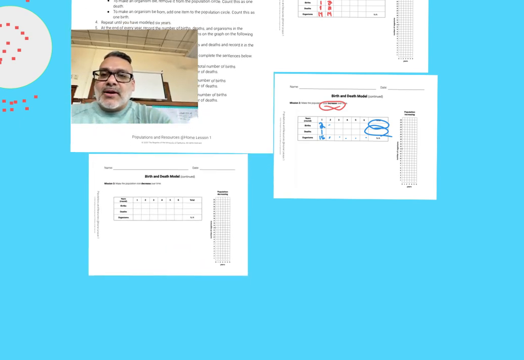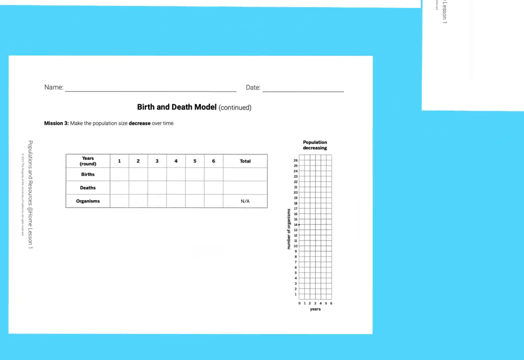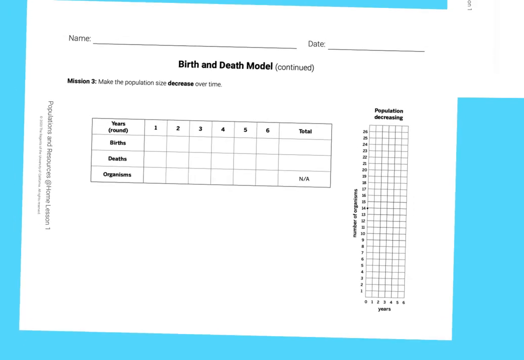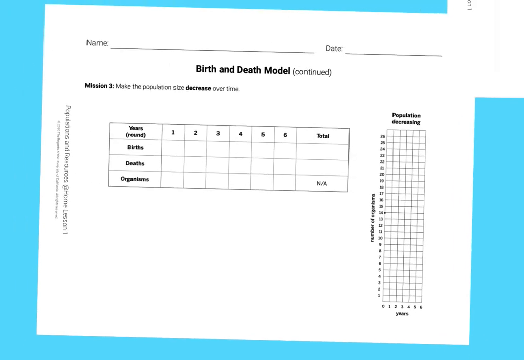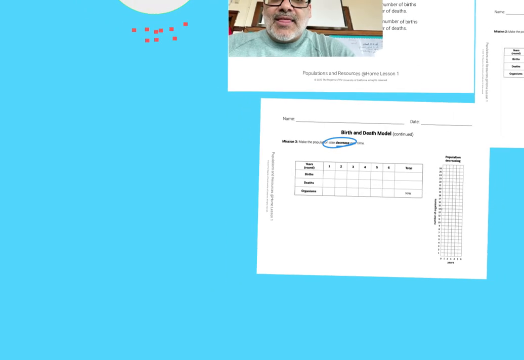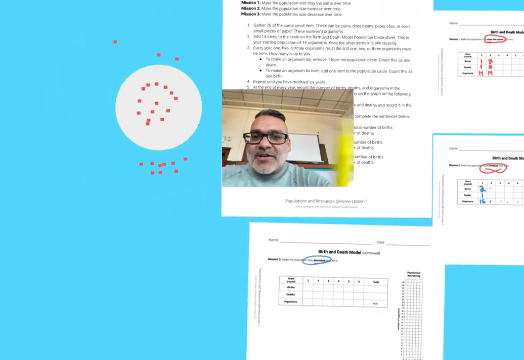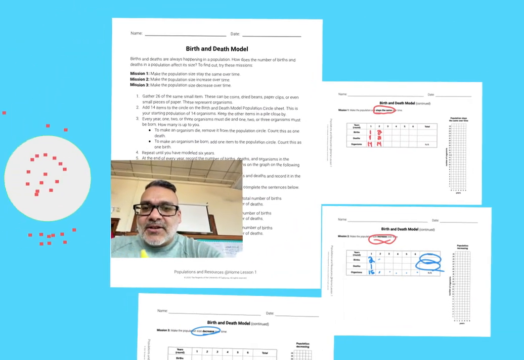here it is. For mission number 3, all you're going to do is try to get the population to decrease. So what did you have to do with your partner to get the population to decrease year after year after year? So what needs to happen? Once you do that, then you can go back to your document right here